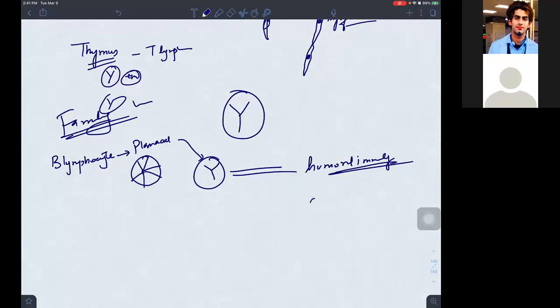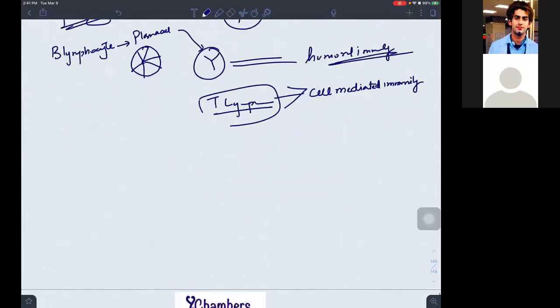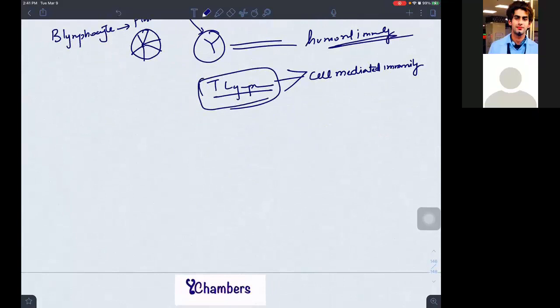So who gives you cell mediated immunity? CMI, please remember. T lymphocytes. So cell-mediated immunity is given by your T lymphocytes. Can you tell me a disease from yesterday with absent thymus? DiGeorge syndrome, very nice. It's a 22q11 syndrome, isn't it? So you have a deletion of this part, and the person becomes prone to protozoal infections, bacterial infections, isn't it?